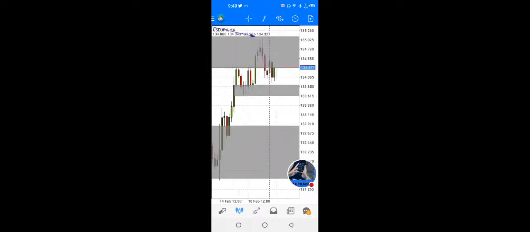So it will be a good place to sell and place our stop loss just above this point, just around 50, just above this point, around 56 or thereabout. So that would be a good place, and that would be around about 25 pips. Okay,